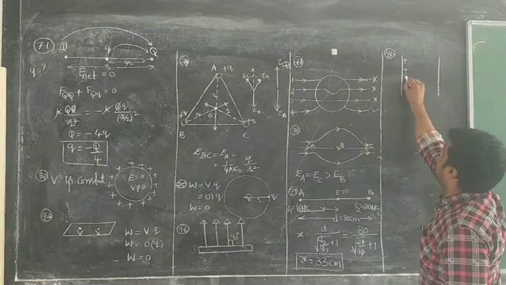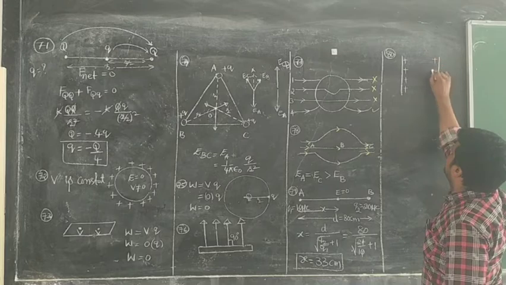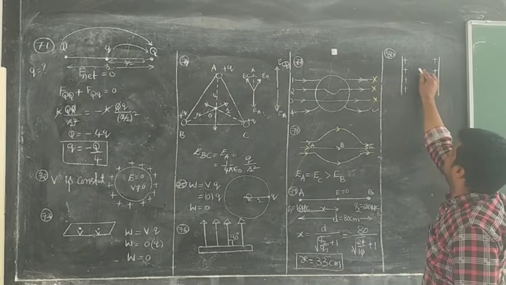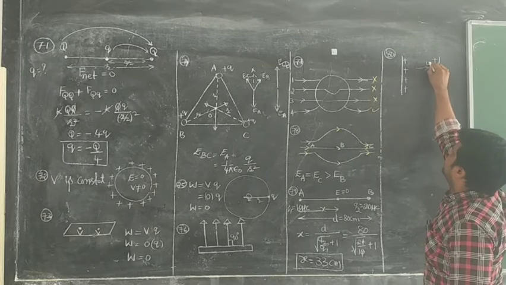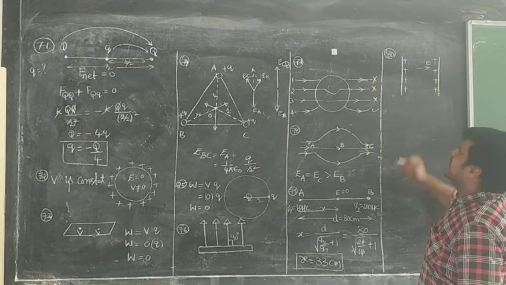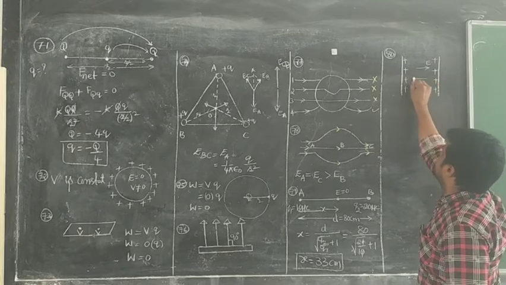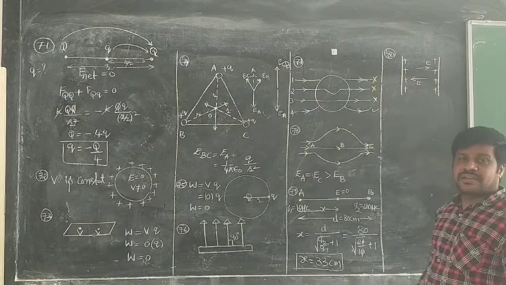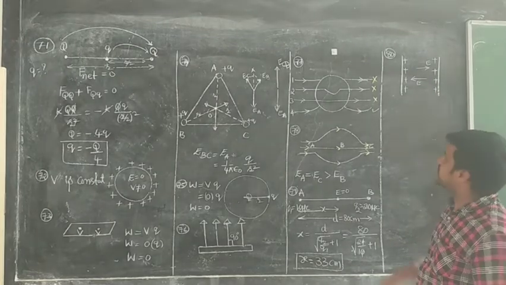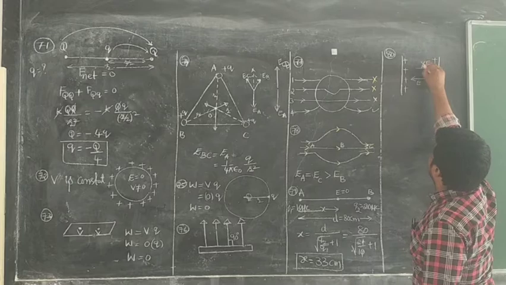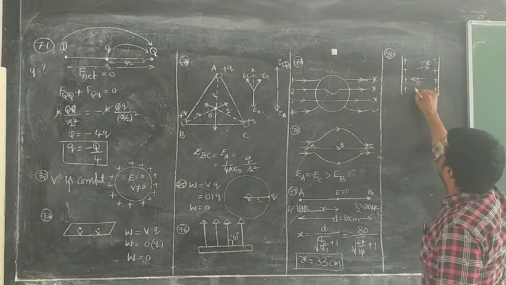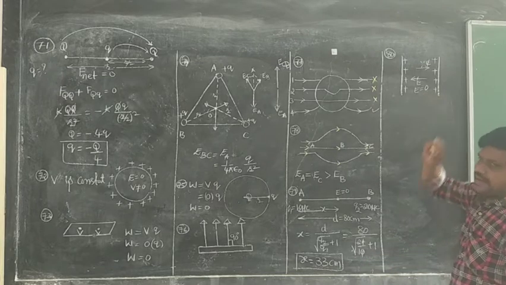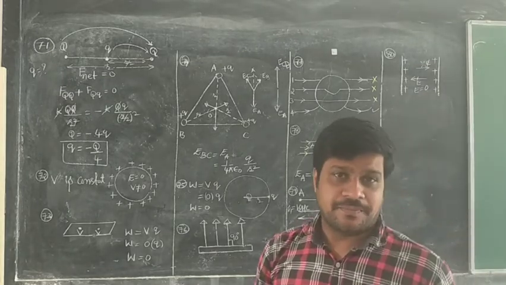That means positive, positive, positive. Here positive, positive, positive, positive. Due to these positive charges, at this point, the electric field direction is like this. Due to these charges, in between these two, the electric field is like this. The two electric fields are equal in magnitude and opposite in direction, so they cancel each other. As a result, the electric field becomes 0. In between two like charges, the electric field between the two plates is 0.